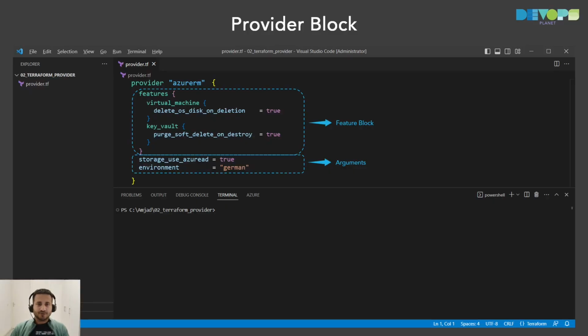Or if I wanted to do the purge soft delete on destroy, so whenever I'm destroying the key vault, it should also be purged. It's not a good practice though, both of them, but that is the example of what default settings of the Azure provider block you can override with the help of the features. And for the rest of the details of the features which you wanted to override, you can always check